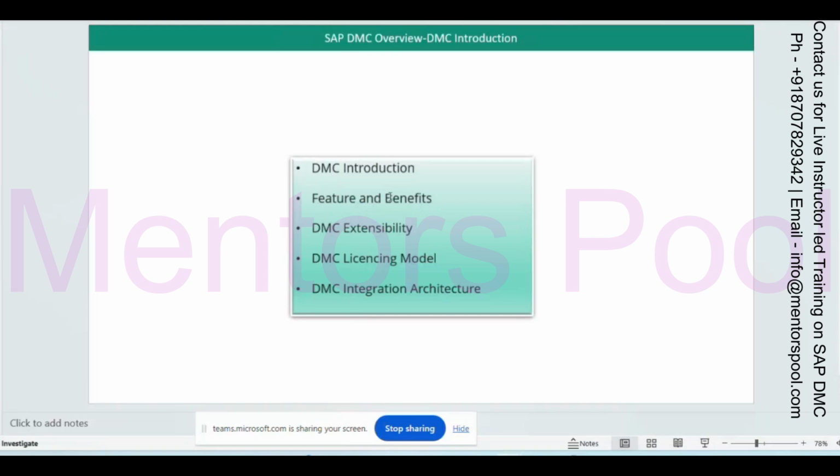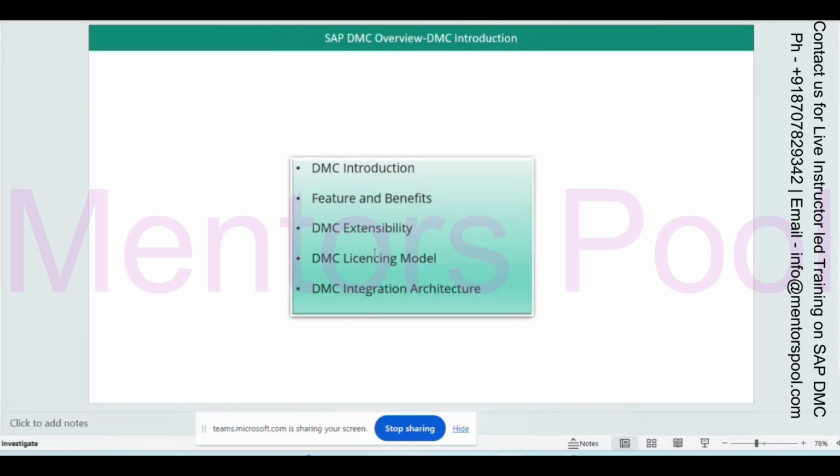And we will see what the features and benefits of this particular application are, and what the options are for extending this application. It means this is a SaaS application. Any application that you see in the market definitely needs some extension, right? It means that it can be extended to capture the manufacturing process or the requirements of the client.